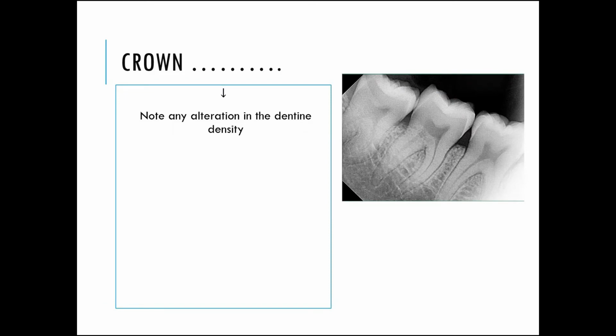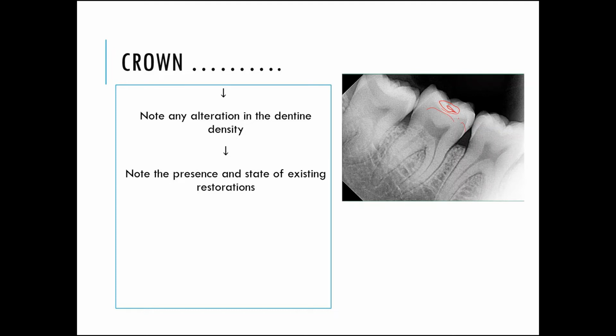Note alteration in the density of the dentine. Once we are done with the enamel, check for any alteration in the density of the dentine, maybe the radiolucent shadows of proximal caries or occlusal caries. Note the presence and state of existing restorations. It is not just the cavitation, sometimes there may be radio-opacity suggestive of restoration, and whenever such a restoration is present, see if it is over-contoured, under-contoured, overhanging, or if there is any adjacent recurrent caries next